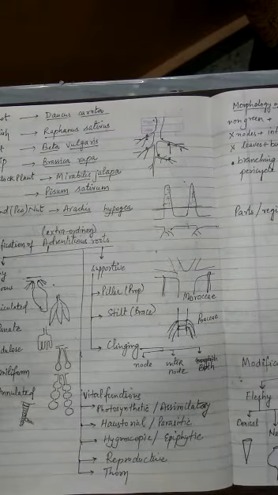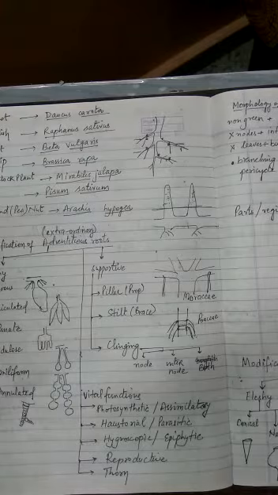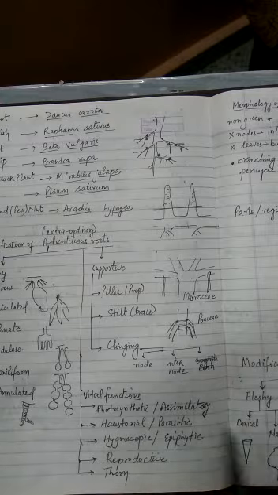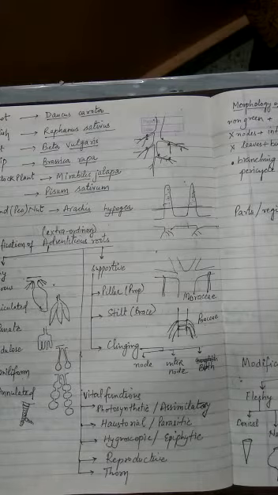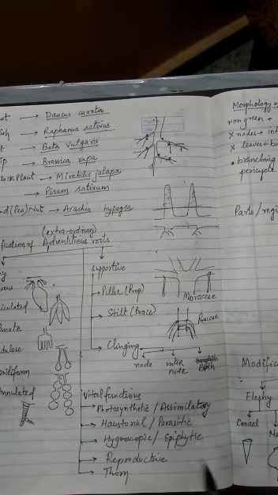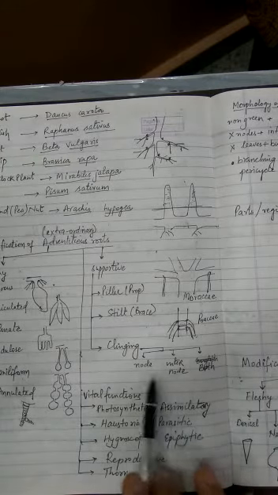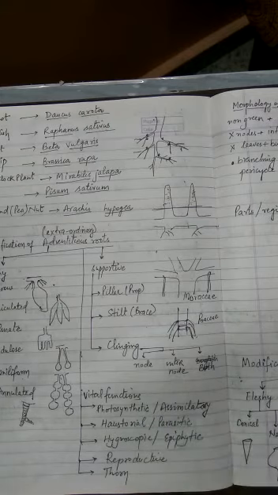Now clinging roots. Clinging roots are those which help to provide climbing property. These plants could be weak ones. So because they are weak plants, they need to develop roots for climbing. That's why clinging roots. So clinging roots may develop from node, may develop from internode. It's possible they may develop from both of them. Examples will follow on the next page.